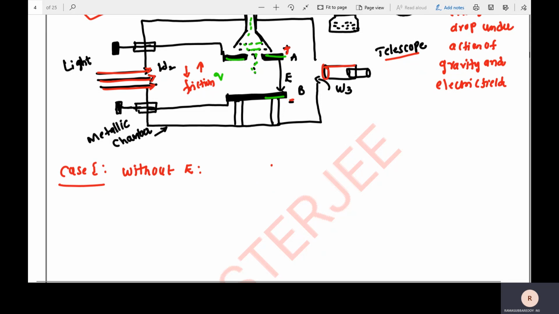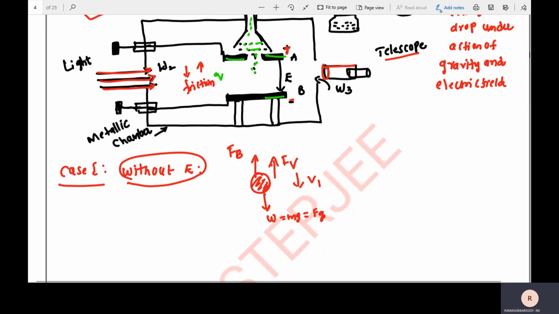The drop experiences buoyancy force upward, and viscous force and weight, that is mg, the gravitational force. This is the condition when we consider the oil drop without electric field, and the oil drop falls downward